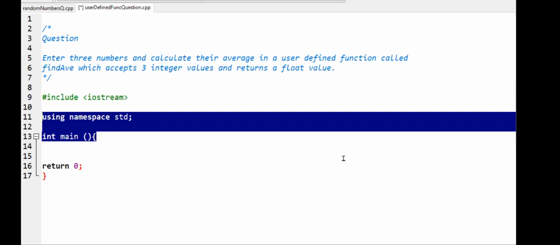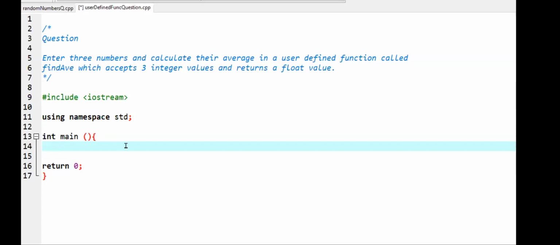Every single function should be defined outside of the main function, because they are not local, they are generic to the program itself. So you can define the integer values in here, but the function itself should be defined outside